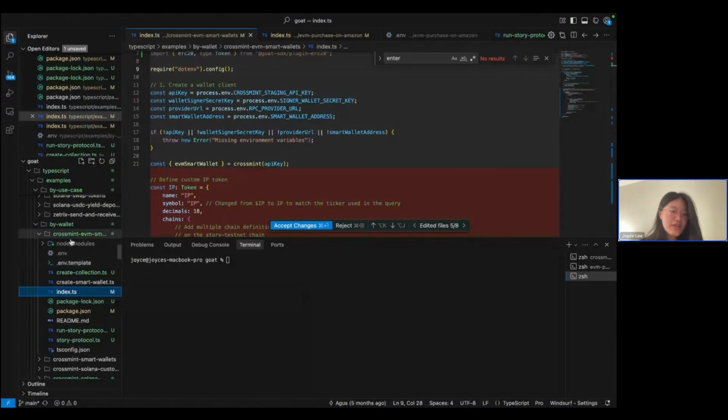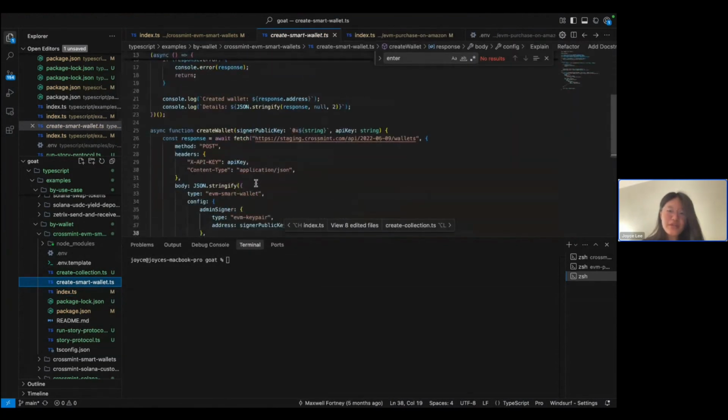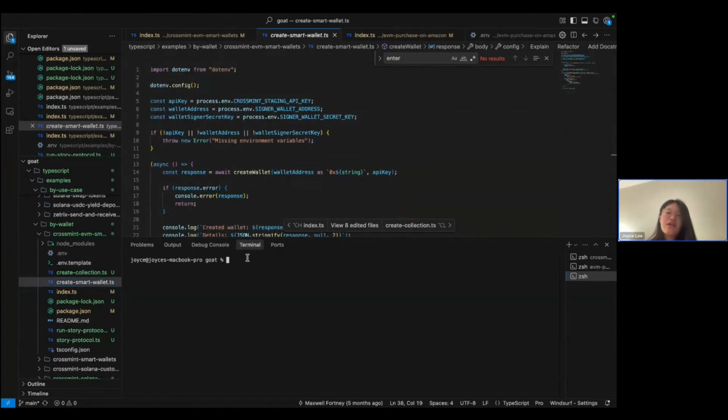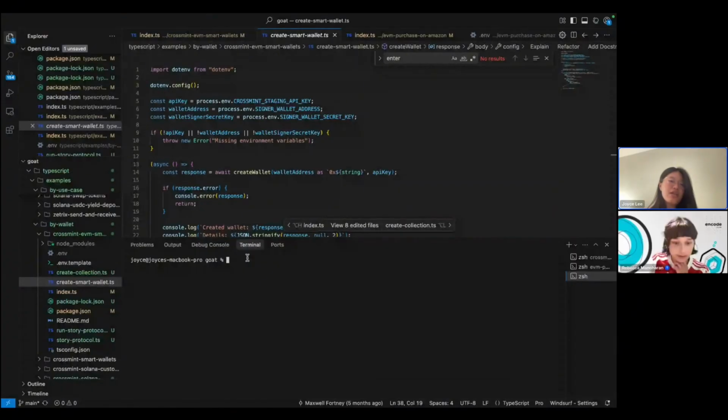So as you can see here, in the EVM Smart Wallet folder, we have the Create Smart Wallet script. I'm just going to go ahead and run the script, and you see that it's super simple in the sense that once you already have your Crossmint API key and your environment file,